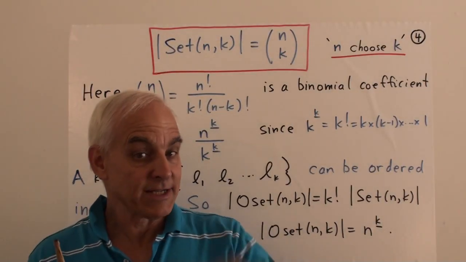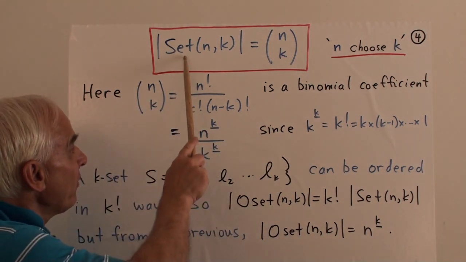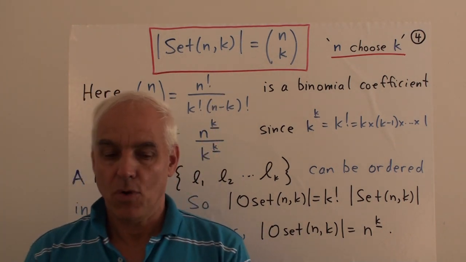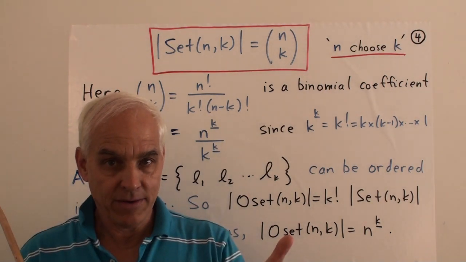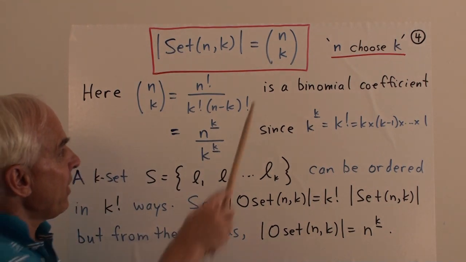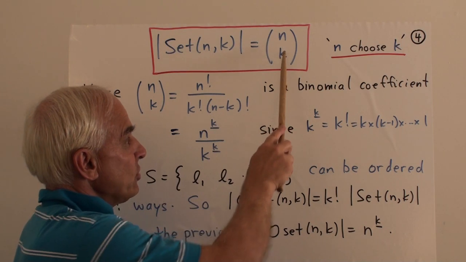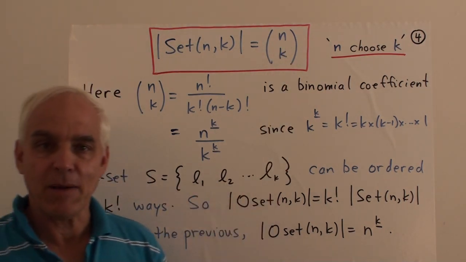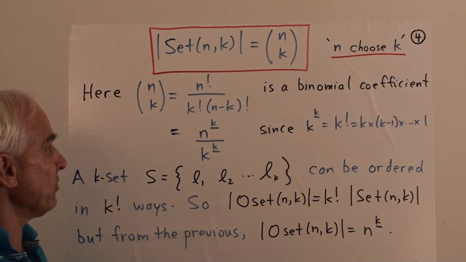For our next one, we're going to skip ahead to the set case. So we're going to count the number of sets from n with exactly k elements, or the number of sets that you can make using the numbers 1 through n and choosing exactly k elements. The answer is the familiar binomial coefficient, n choose k, written usually with these brackets, and we've talked about those kinds of numbers and their role in that Math Foundations 55 video and the ones around it.